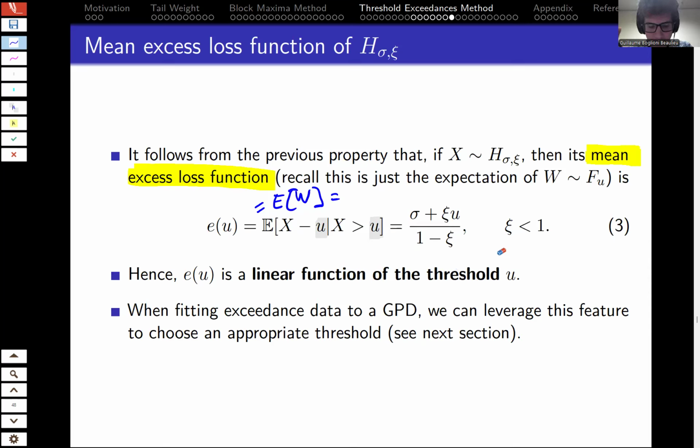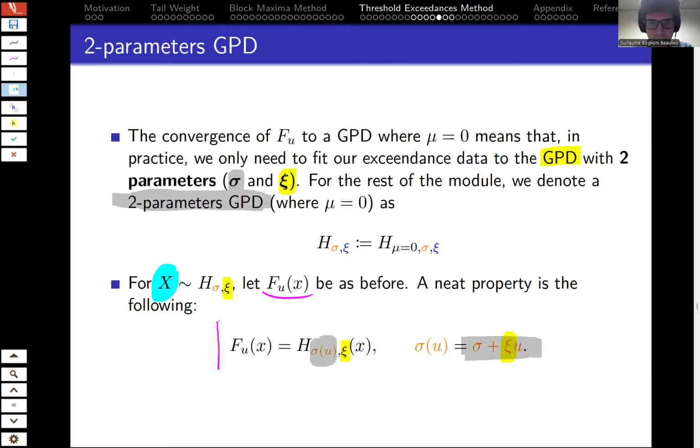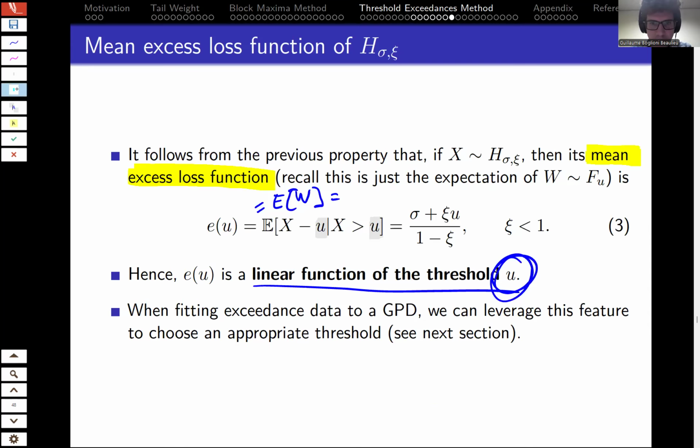Now, I've been talking a lot, but this really is the punchline. e(u) is a linear function of u. e(u) is a linear function of u. That's really what this whole section, all those slides, are trying to get at. e(u) is a linear function of u